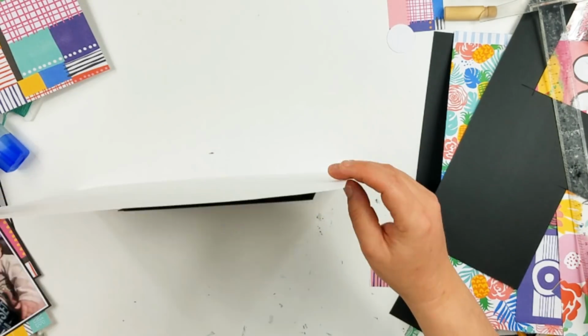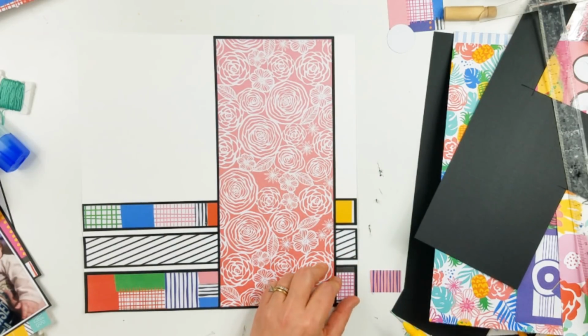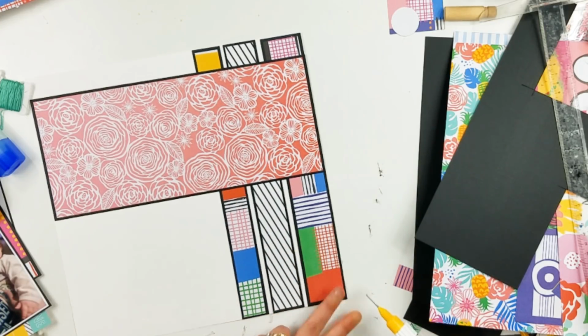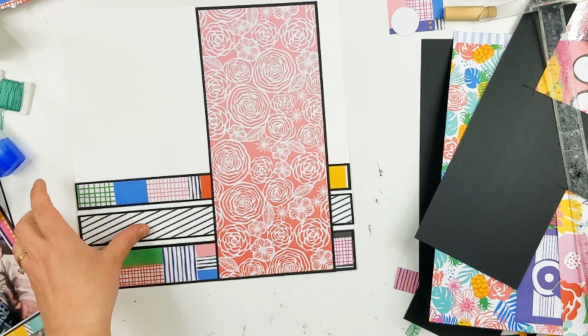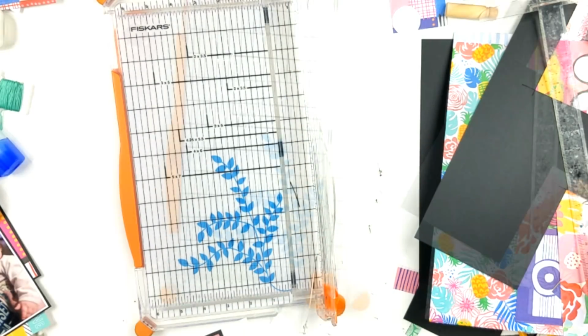Now you can see where I put the strips down there. Well, I don't know if you can see this. I can see this. One of them is crooked. I even tried to use my T-square ruler to get that straight. It was not happening on this day. Well, it doesn't happen like 80% of the time, but on this day it was really not happening. And also I have to cut off a little bit here. For some reason,